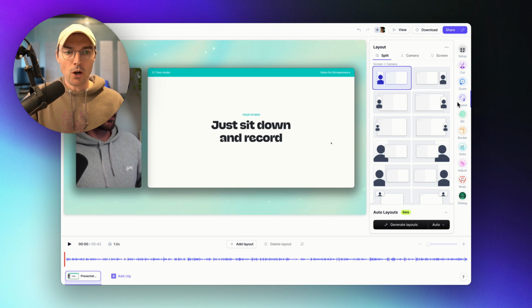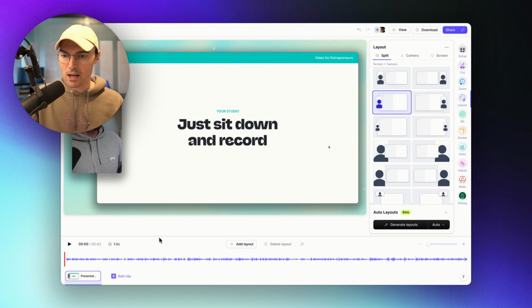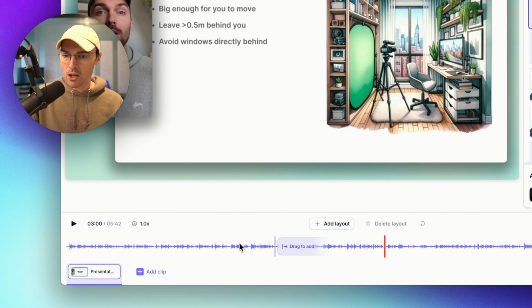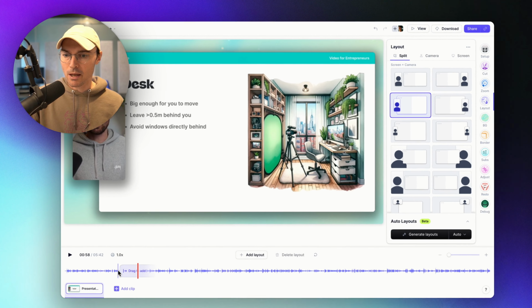In this video, I'm going to show you all of the changes we've made to layouts in this big update to our layouts feature. So when you open up the layouts feature on a new video, you'll be able to set the layout for the full duration of the video. This is your base layout, how your video would look if there was only one layout throughout. I can switch to this one, and now for the full duration of the video, it uses this overlapping side-by-side